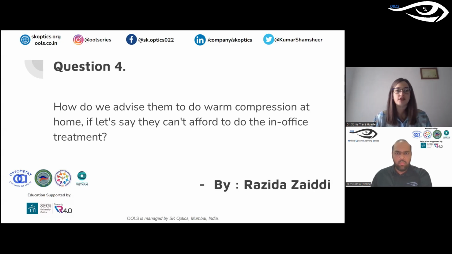There are some compresses that could last you, they have like 200 uses, so you can use it probably for a year. So those long term are quite more affordable. So I would say probably start with warm compress instead of just going full on for the treatment if your patient cannot afford it. And the other thing is that we know that within a month of using warm compresses